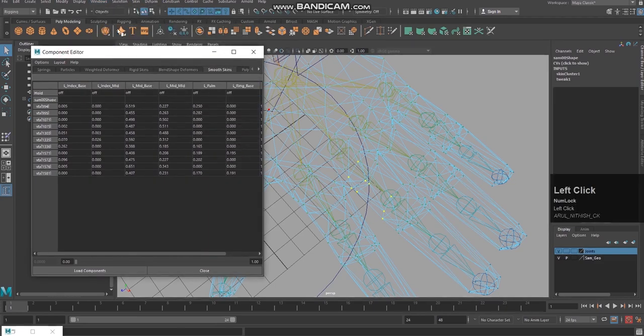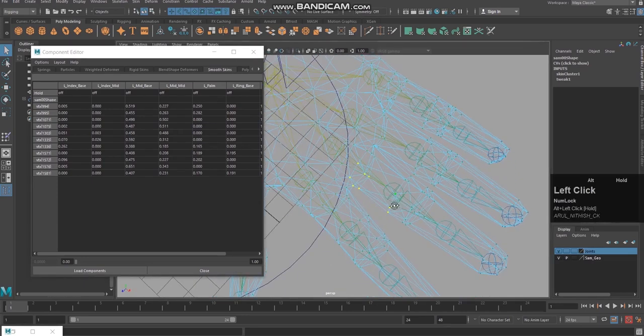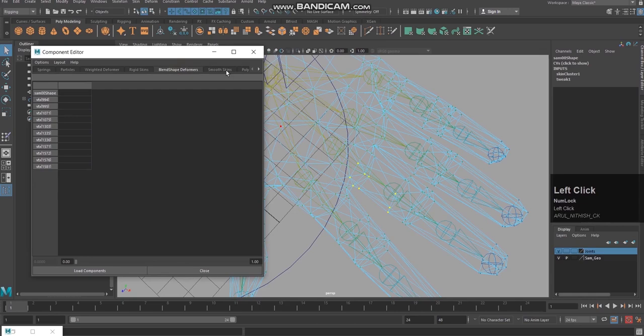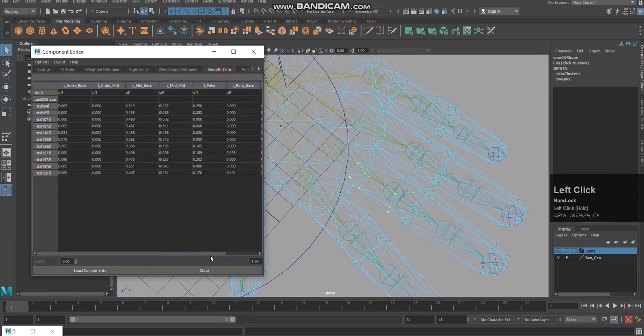This component editor will display the input value of the selected vertices and which joints or bones are giving input to these vertices. So from which bones these vertices are getting input, we can see in component editor. When I'm clicking on smooth skin, you can see the inputs here.